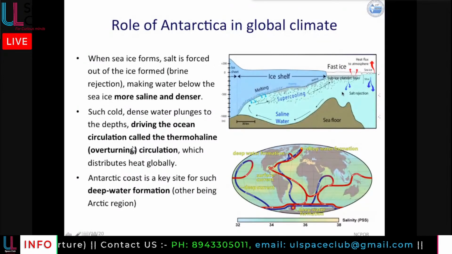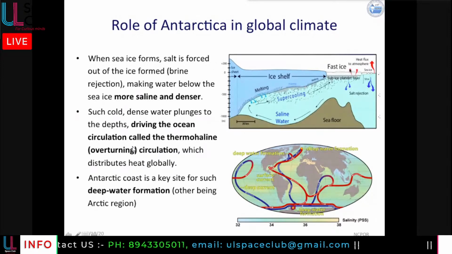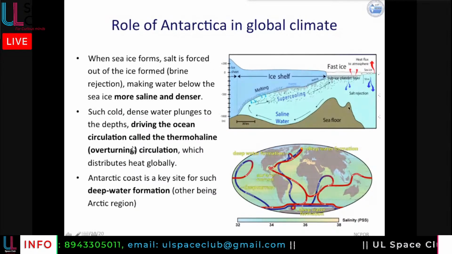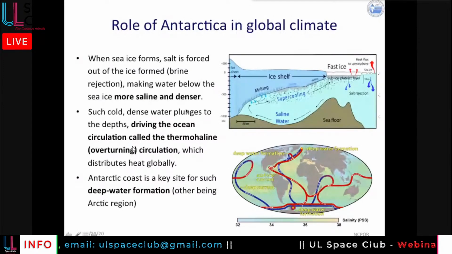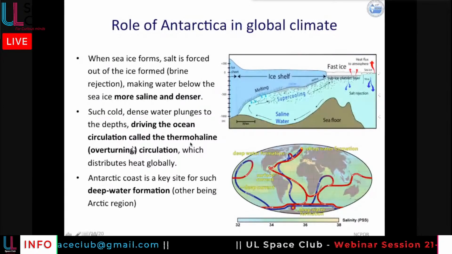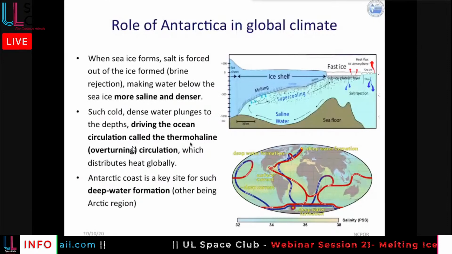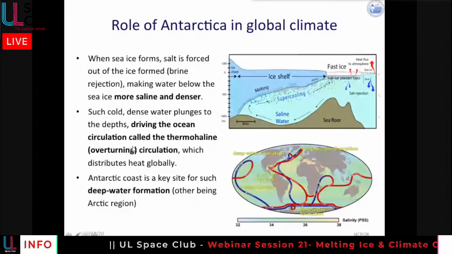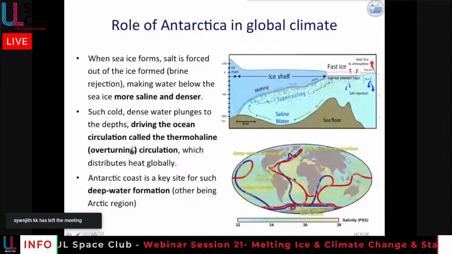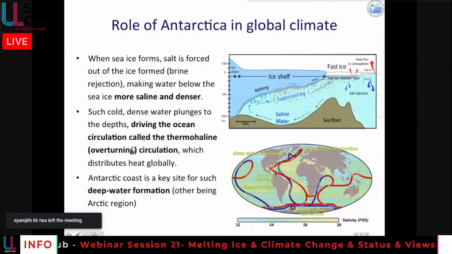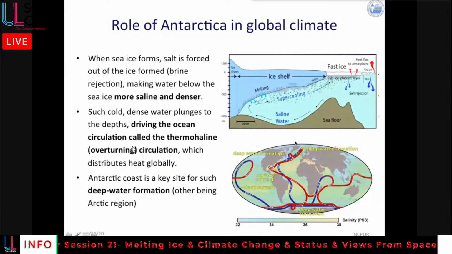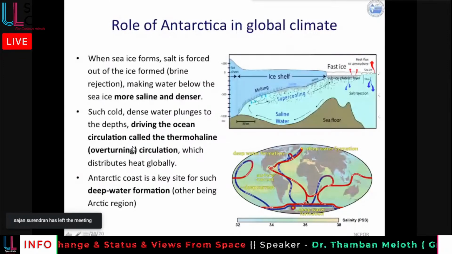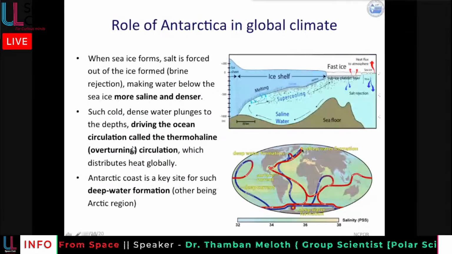And with such a large amount of salt rejection and dense water formation, circulation starts, what we call the global thermohaline circulation. This is one of the largest global circulations in the world, and it travels across the globe. You must have studied in your geography classes the Gulf Stream, which provides warmth to Europe, a blanket of Europe, as we call it, essentially because of these kinds of circulations. Warm water goes up to the Arctic. Then because it gets cold,